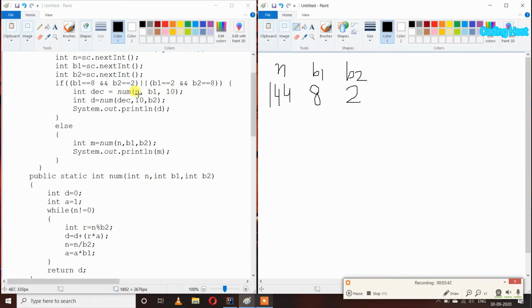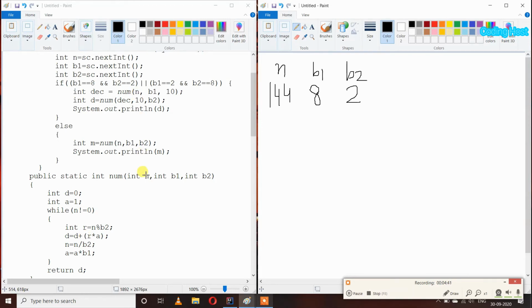So base 1 is 8 and then base 2 which is 10, so it will go here. I have explained the working of this while loop and these statements in my previous videos of program 27 and 28, so you can check from here.